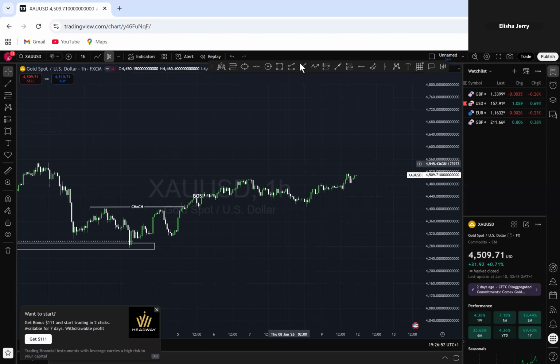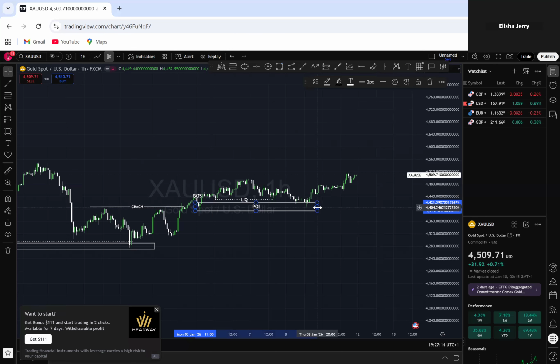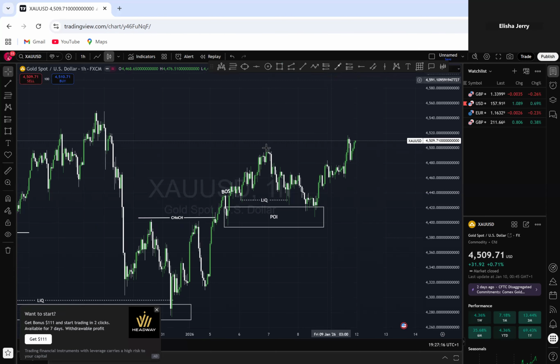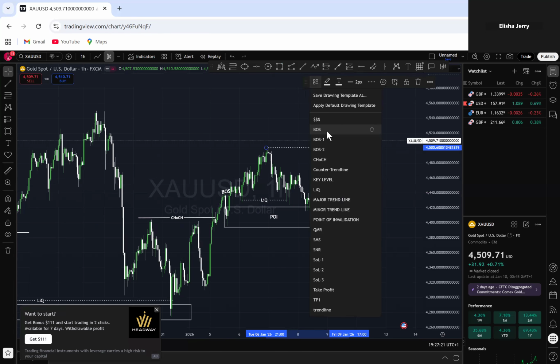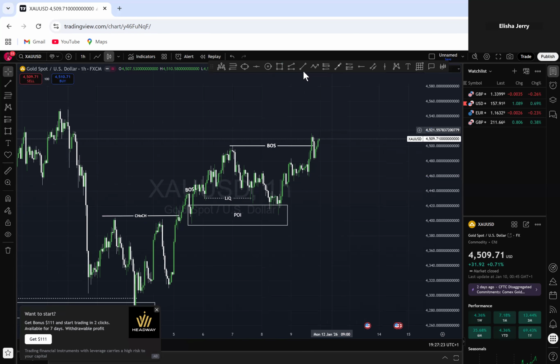So after price came back to mitigate this area, using this as liquidity, if you go to the 15 minutes, you can actually modify that. We then have this area as our last break of structure, which is why